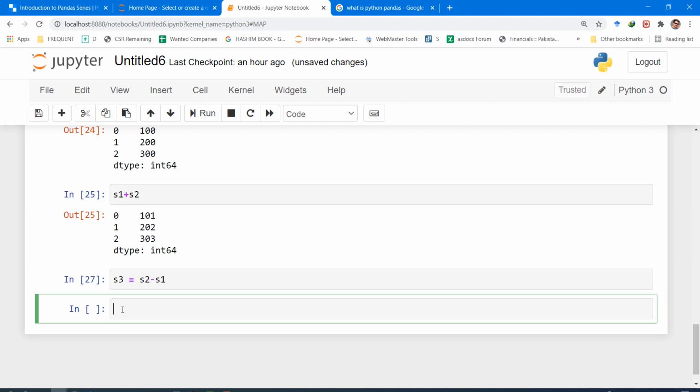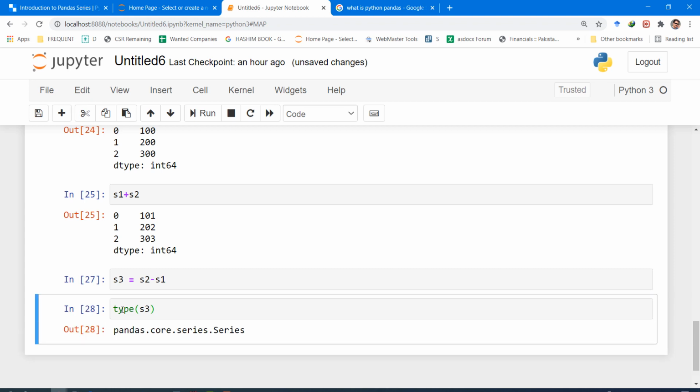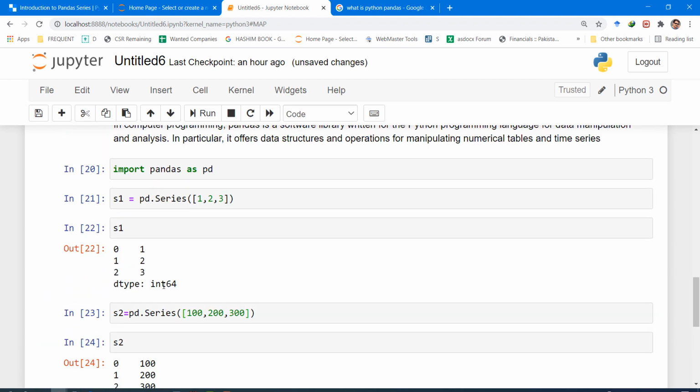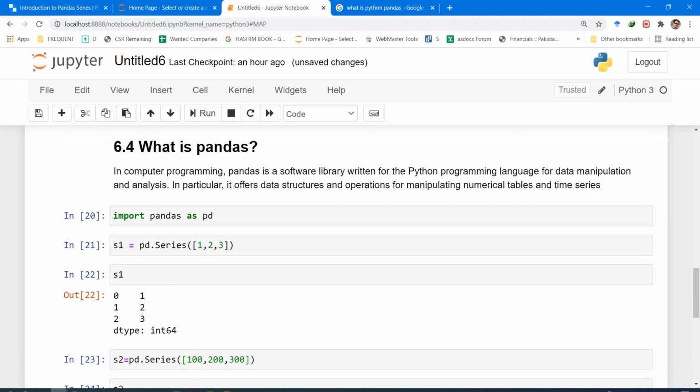And now if we want to see the type of S3, it says pandas core series. So S3 is a series and it is related to the pandas library. So please create some series and try some basic mathematical operations. We shall continue after that.